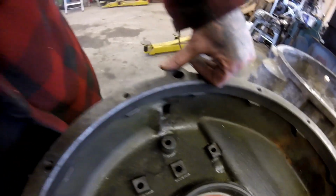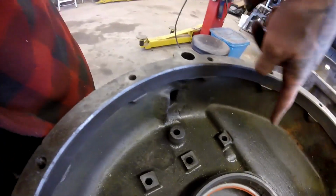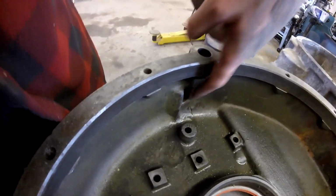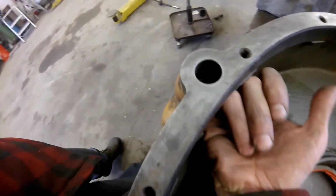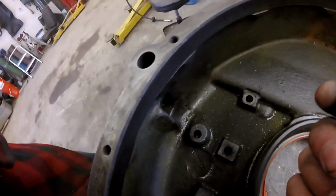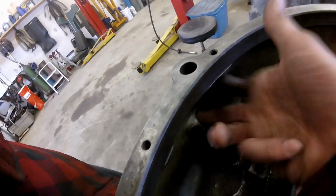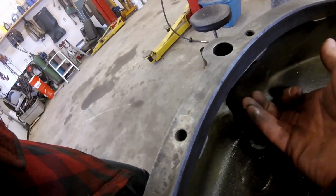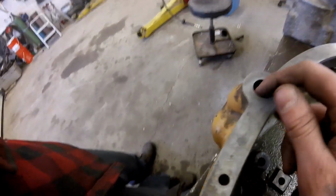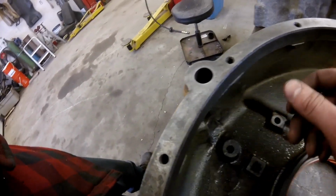And as you can see how that works, as the flywheel and ring gear is coming around, it takes the oil and flings it into this little catch they've got going on, and then that comes up through and out the hole. I don't know how critical that is, because it comes into here and then there's a sharp edge there, so the oil has to hit that sharp edge, go back, and then up through this hole. So I can't imagine it's